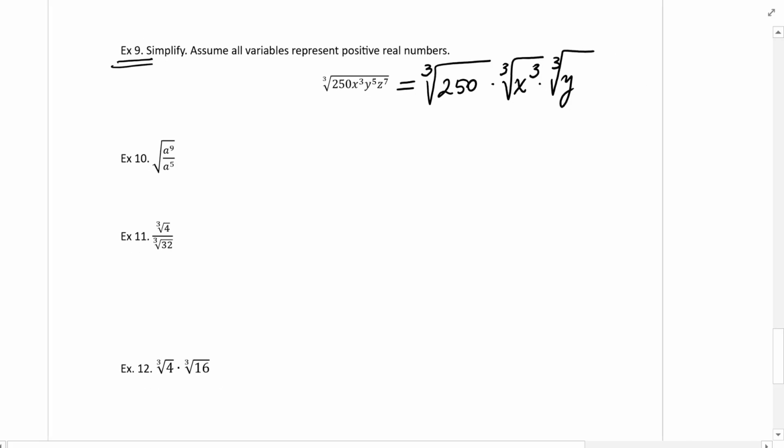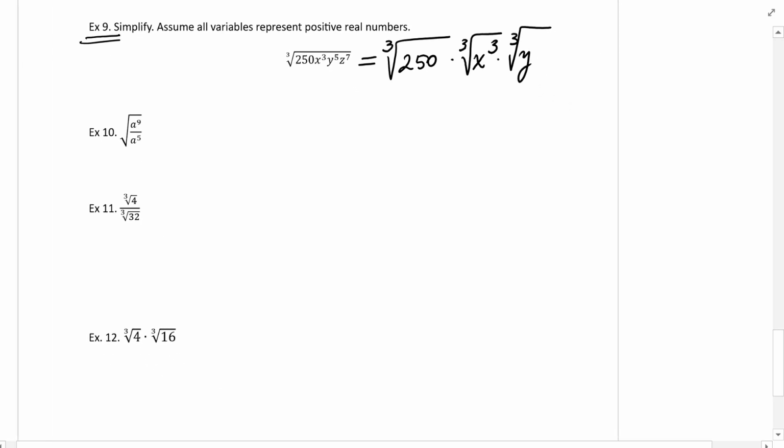But y to the fifth, because I have cube root, I'm going to write y to the fifth as y to the third times y to the second. Because 3 plus 2 is 5, and I need the 3 so that the index with the exponent are the same, or multiple. The exponent, it's a multiple of the index, times cube root of z to the 6 times